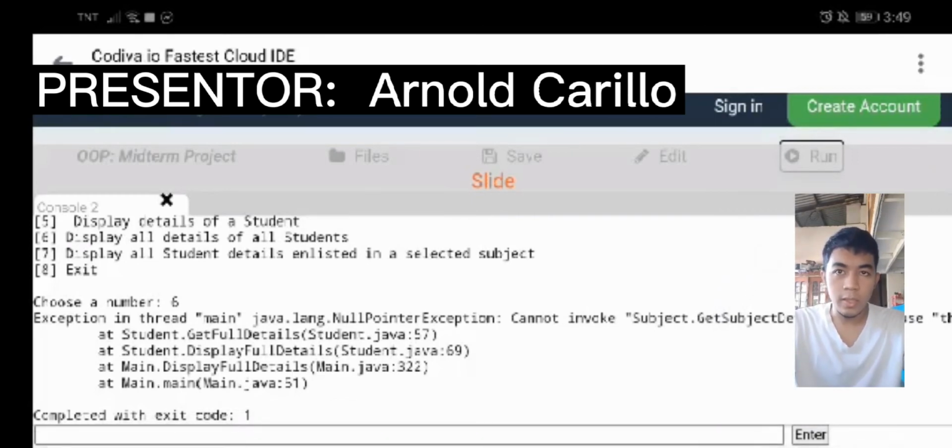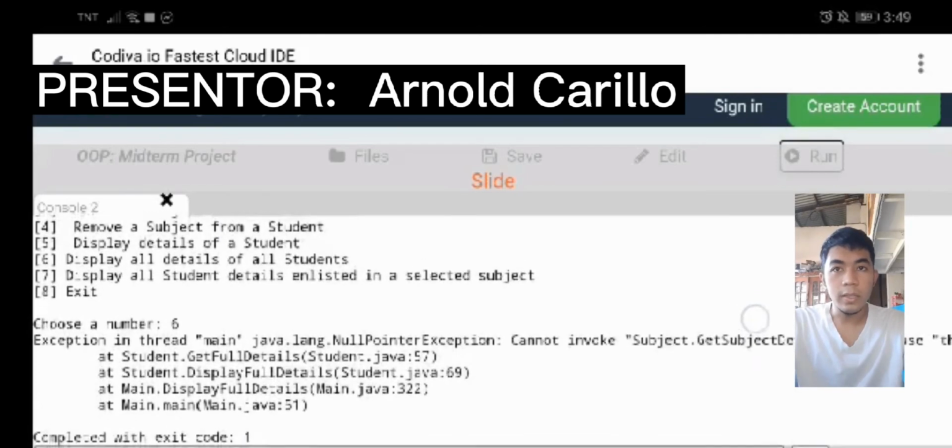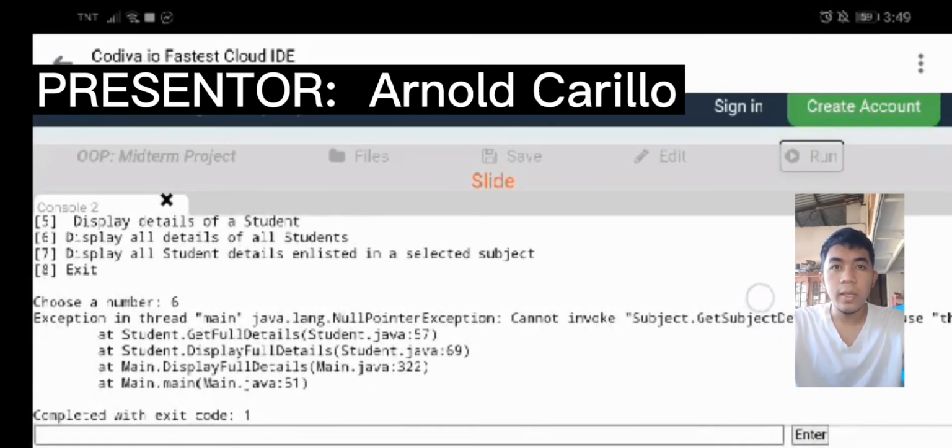In display all details of all students, if the user chooses this, it will display all details of the students in the list with their own listed subject details. Then it will display all details of all students. Then next is display